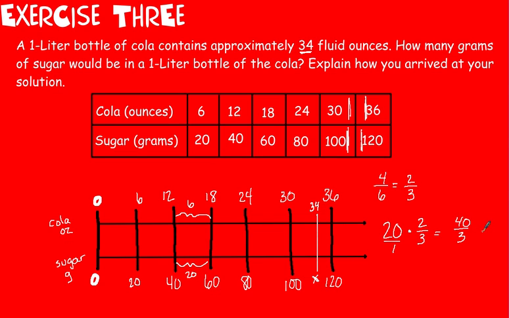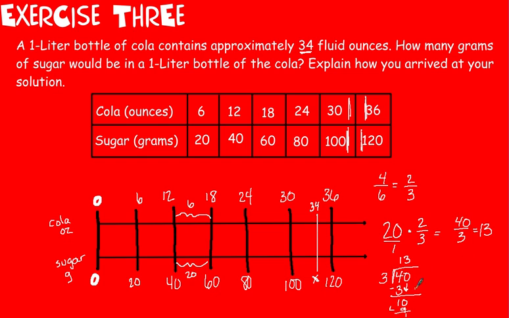I get 40/3 grams of sugar. Well, we don't want to leave our answer like that because it's an improper fraction. So I know that if I divide, 3 goes into 4 once. 1 times 3 is 3. 4 minus 3 is 1. Bring down the 0. 3 goes into 10 3 times. Minus 9. I'm left with 1. So I know that this is equal to 13